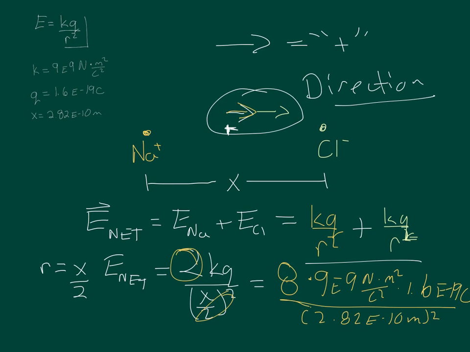So I'm going to fall back here and use my calculator, and then I'll write the solution up here saying what E net is, and then I'll give you one to play with